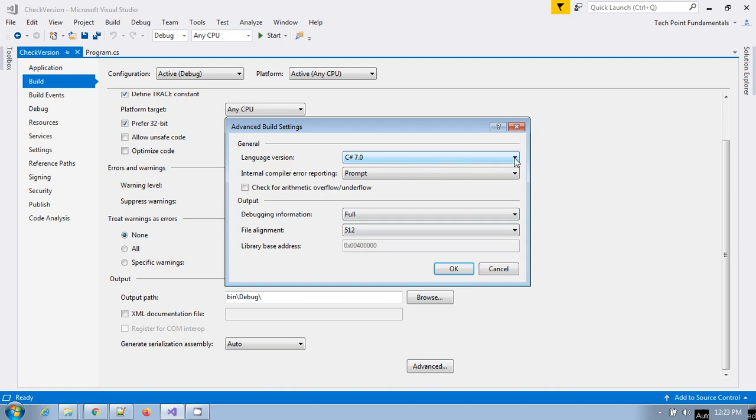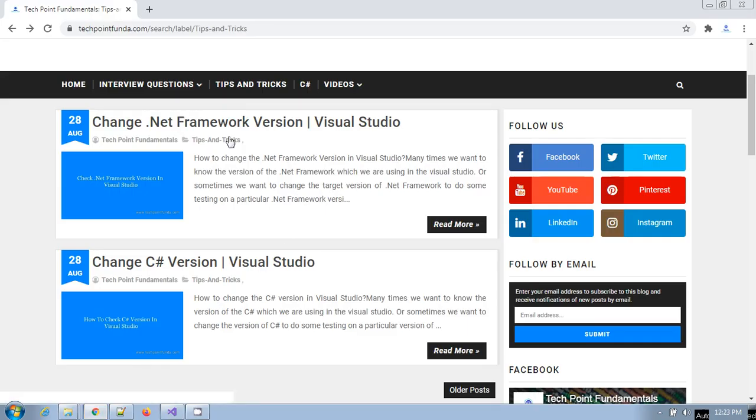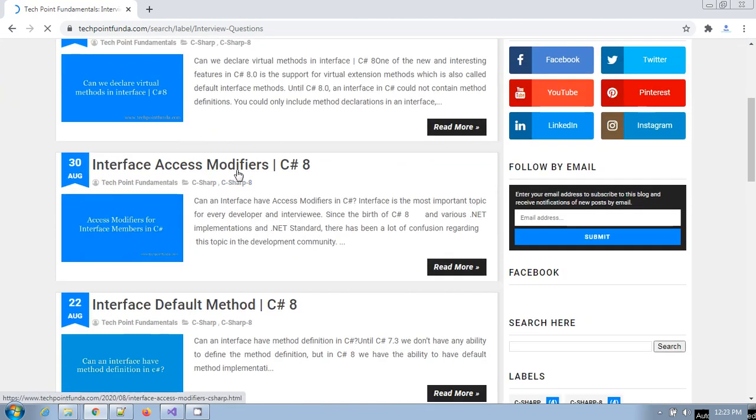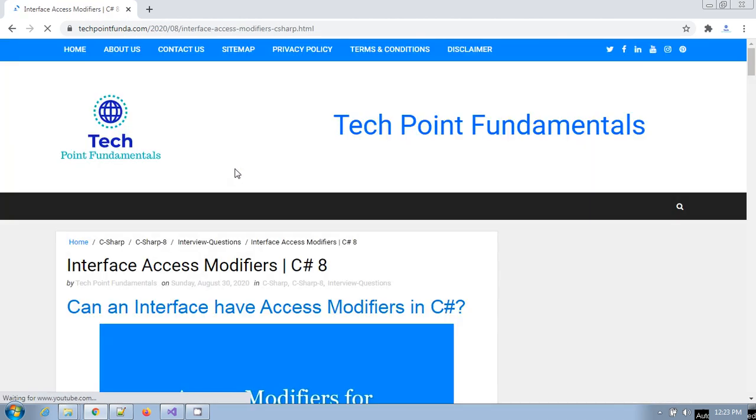So you know that C Sharp 7.2 has introduced a new access modifier. If you see in this blog, I have also mentioned the access modifiers.